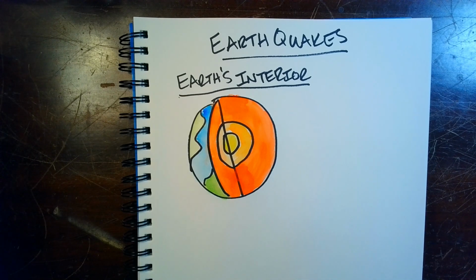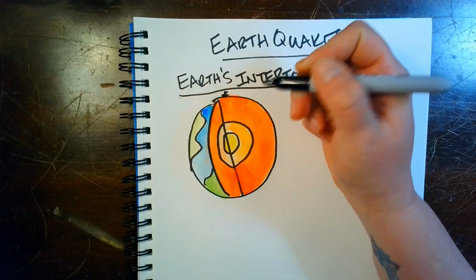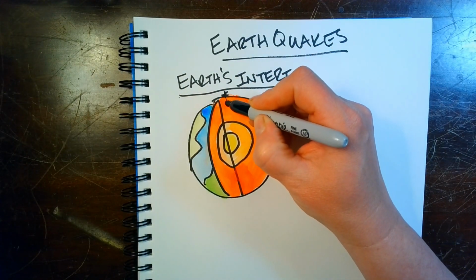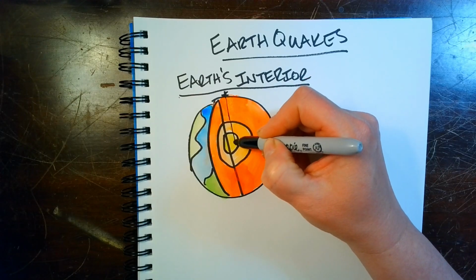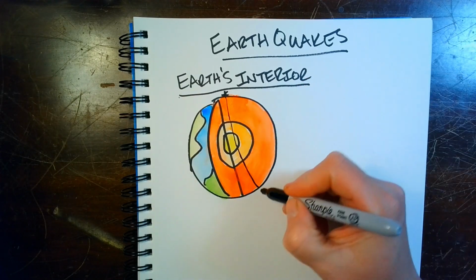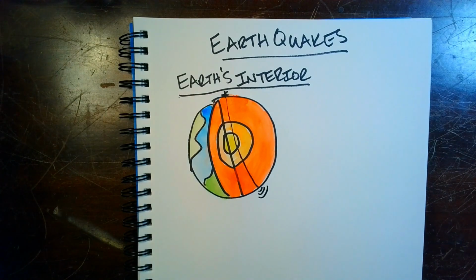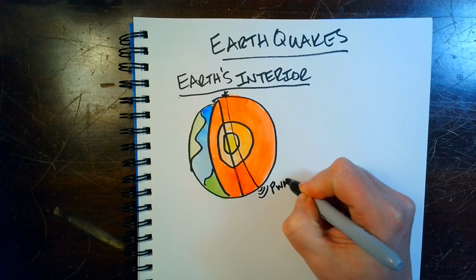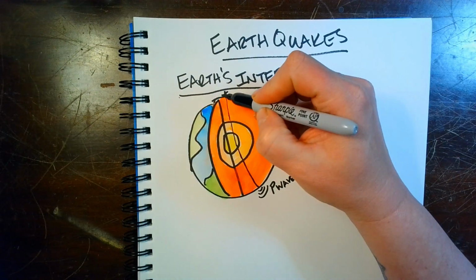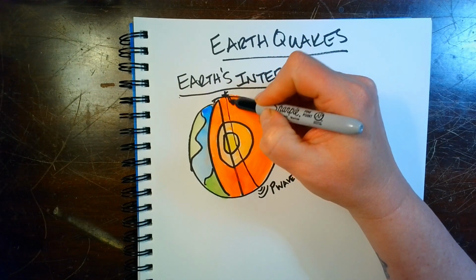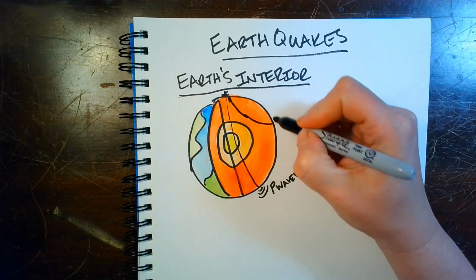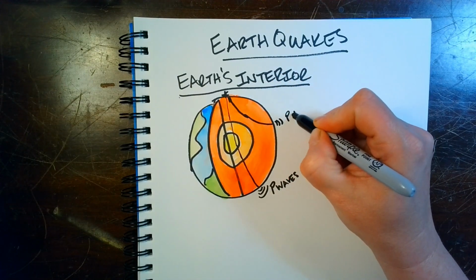Powerful earthquakes, especially those with a moment magnitude of 5.5 or higher, can be detected by seismograph stations around the world. Scientists noticed something interesting. P waves, or compressional waves, traveled all the way through the Earth and were detected on the opposite side of the planet. S waves, which move in an oscillating motion, were only detected at closer stations. Because S waves cannot travel through liquids, scientists concluded that Earth must have a liquid outer core. This discovery was a major breakthrough in understanding Earth's interior and helped explain how plate tectonics actually work.